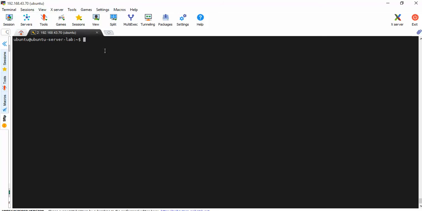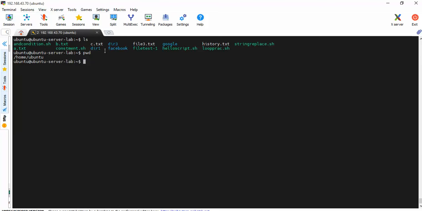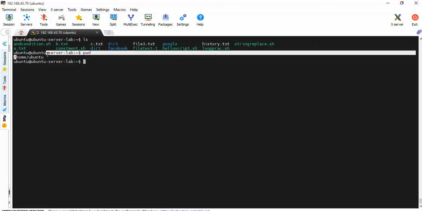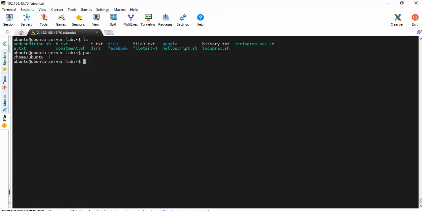Okay, first we learn what is the absolute path. I'm going to show you practically. Okay, and now I'm running pwd for the present directory on Ubuntu. This is the present directory. Well, with cd I'm going to navigate to the directory Facebook, and then